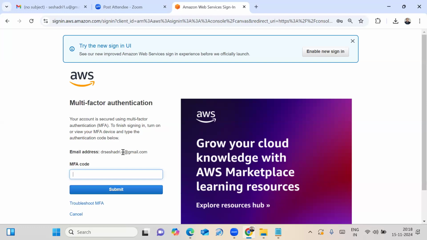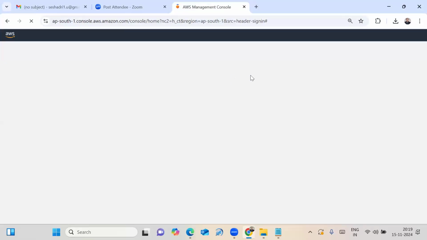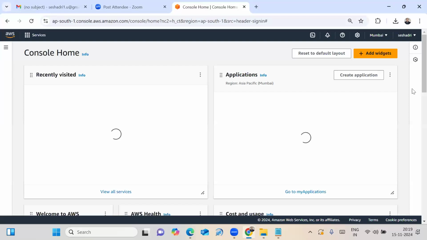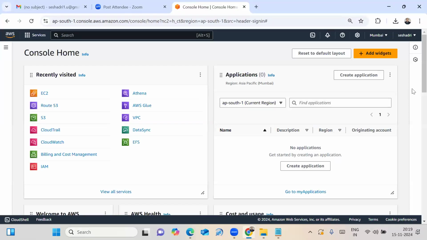Friends, in my AWS account, I am providing additional security, that is, I have applied multi-factor authentication. See, on my mobile, I receive a 6-digit code. When I enter this 6-digit code, only then does it open my AWS account. Means the MFA code provides additional security to my AWS account. Once you create your AWS account, it is not asking for it. When you apply the MFA, only then is it asking you to enter the MFA code. Otherwise, it is not asking. Friends, this is my AWS free tier account.